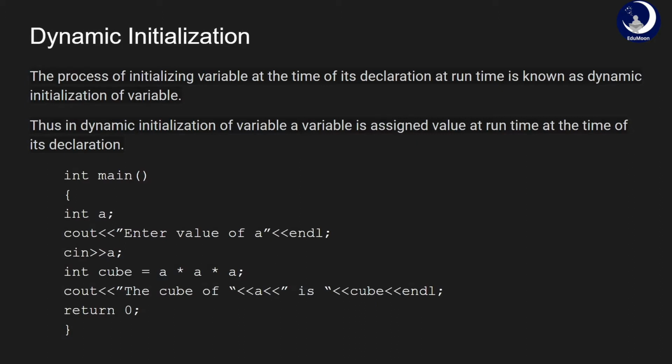And this is done using the cout statement, that is cout, "the cube of a is", and then the cube value will be printed. In actual sense it will be running as "enter the value of a". Let's think the user enters 5, then cube will be computed as 5 * 5 * 5, which is equal to 125, and then the result will be printed to the screen, that is the cube of 5 is 125. And at the end, due to the endl, the cursor will be moving to the next line.